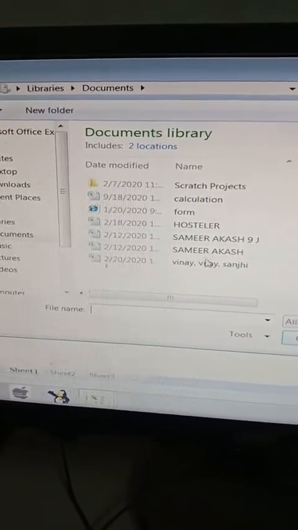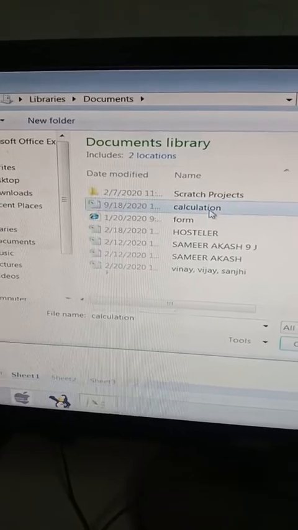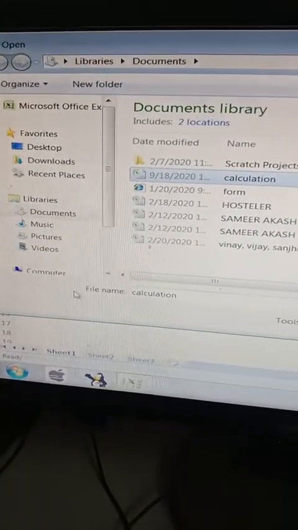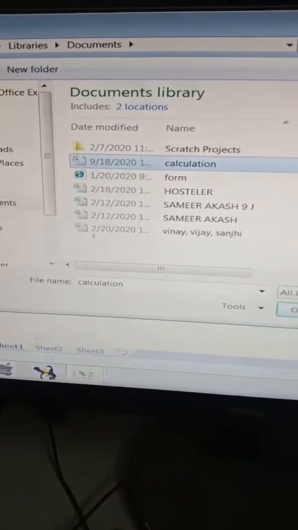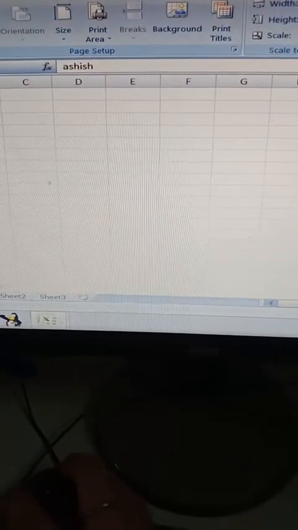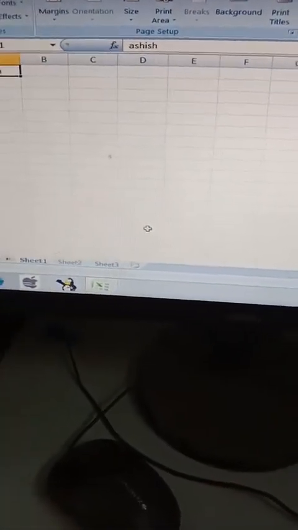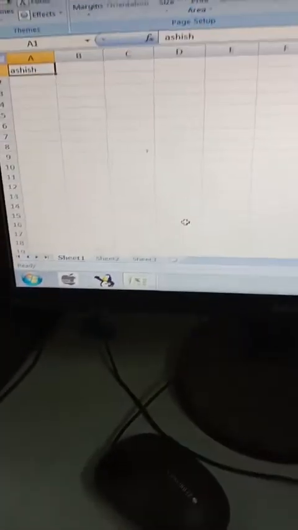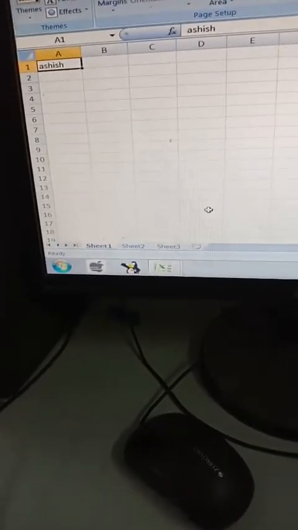Whatever workbook you want to open, just left click on it. That name will appear in the file name text box, and now left click on the Open button. As soon as you left click on the Open button, that window will appear. As there was nothing in it, nothing appeared. This is how we can open an already existing workbook.